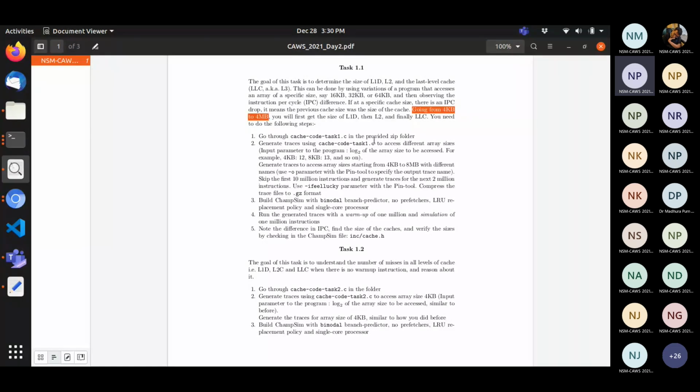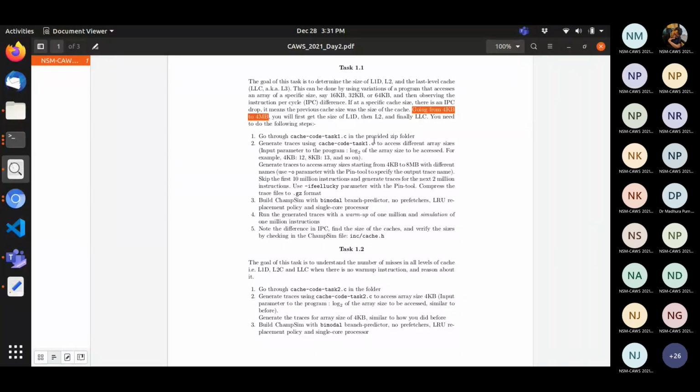You just told me IPC for 4 KB array size and 8 KB array size, right? But there is not much difference. You'll find the difference in later array sizes, for which you'll again generate the traces and then run ChampSim. There you will identify a difference in the IPC, and accordingly you will get to know the size of the cache as per the size of the array. That is the whole activity.